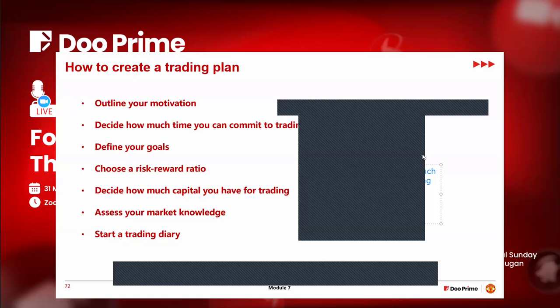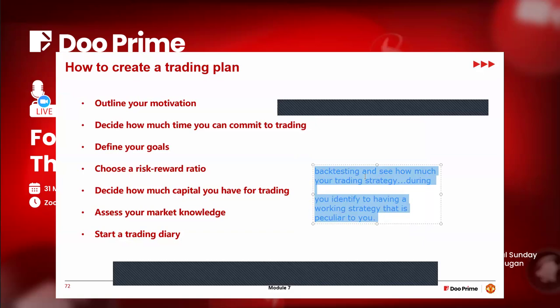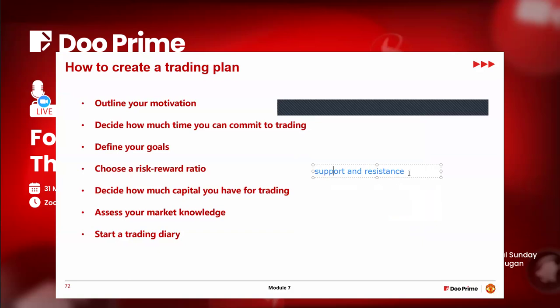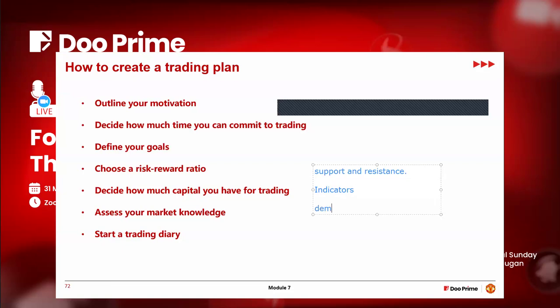Not because the strategy doesn't work, but because you don't feel attached to it. There's a strategy I am using currently. Let me give you a short story. I learned support and resistance when I started. I wasn't comfortable with support and resistance. I don't know why, just my inquisitive mind, not because I needed to know what was going on deep down inside the market. I learned indicators. I really don't like indicators. I don't know, just me. I went to demand and supply.